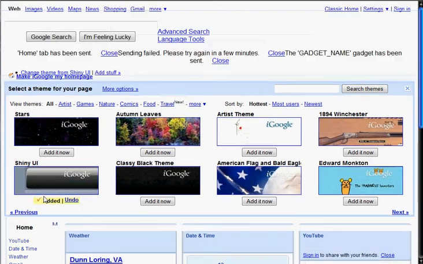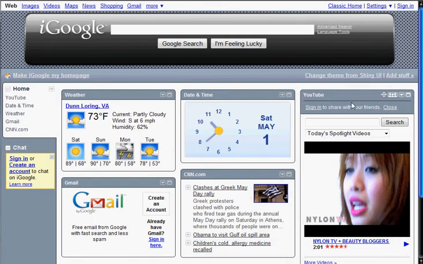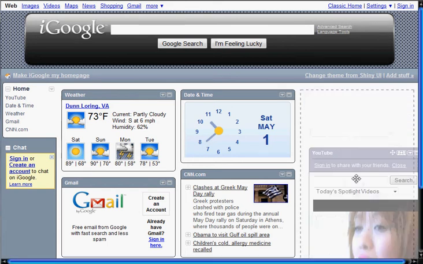Let's go ahead and add it, and you can see that the top of the page is changed. It does look businesslike, and it's visually appealing, so that may be one that you might choose. And again, you can look for ones that are appropriate for whatever the situation. We're going to get away from themes now and look at the stuff, or the gadgets or widgets. And again, you can see that some of them may not be appropriate. And if you happen to like YouTube, you might not want to look at it first thing in the day,